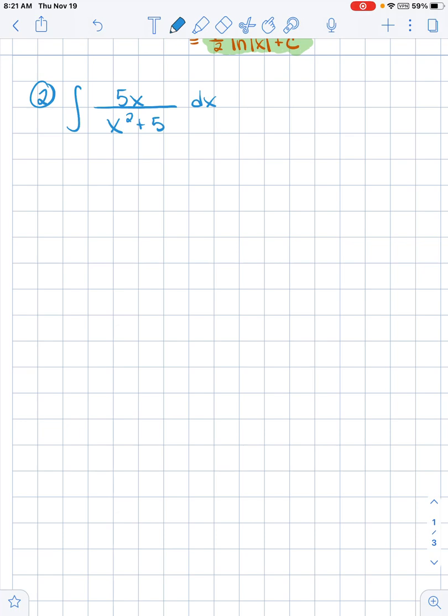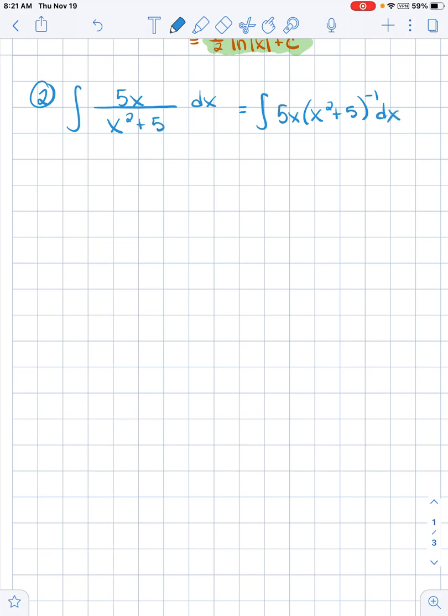Okay, I hope that you tried it. So in this case, bringing the x squared plus 5 up to the top is not going to help us. I'm going to do it anyway because people love to do this. For some reason, they can't get past moving that denominator up to the top. But if I try that,